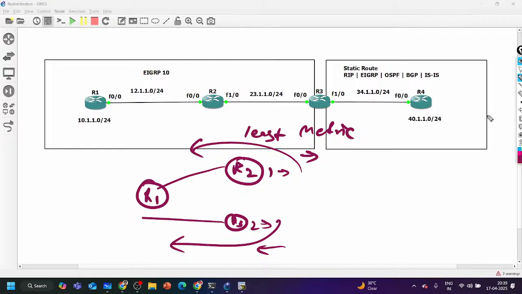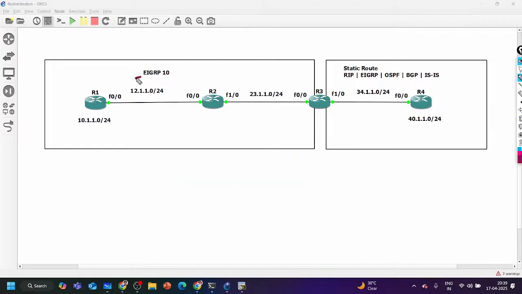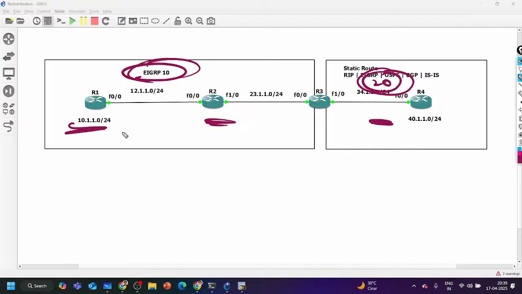Right? Here, if you are thinking, okay, fine, here I am running EIGRP AS number 10. Here if I enable EIGRP AS number 20, then also redistribution is required. Tell me, guys, is redistribution required here? Now see, the metric calculation is the same in both domains. Now tell me, if EIGRP 20 is running here and 10 is running over here, can 10 and 20 communicate? Tell me, come on. No. No, sir, because this is a different domain, different area. Different AS only. Different AS means, again, yes,